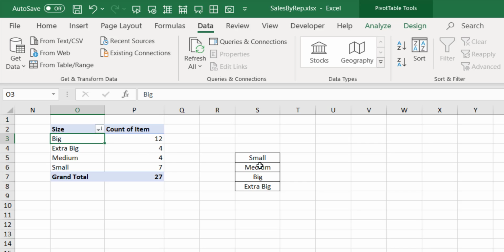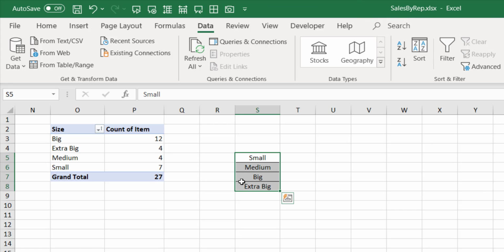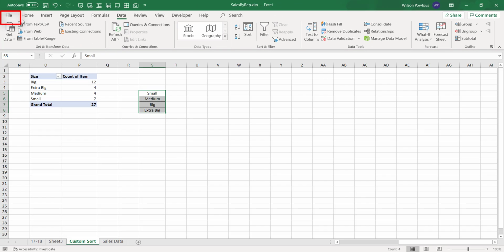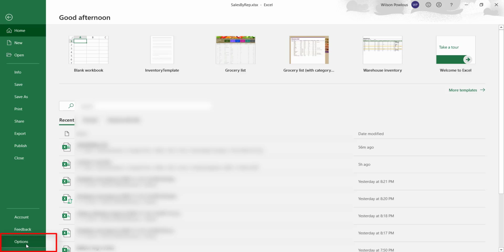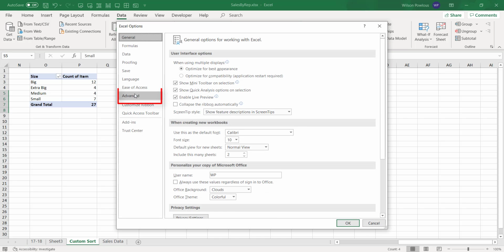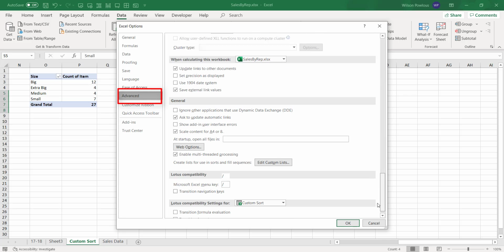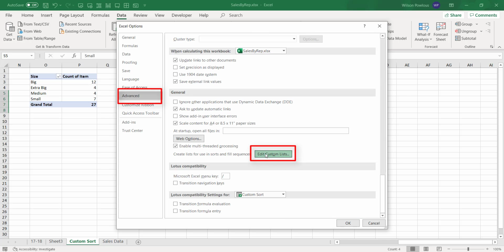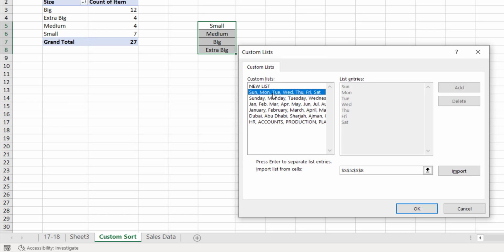Custom sort is nothing but we are giving Excel the list of items in a certain order, and we are asking Excel to sort it in this order. First, we will create a custom list. So go to File, Options, and under Advanced, go to the end of the list here and go to Edit Custom List. Here already there is an inbuilt list from Excel which is all grade. You cannot alter or delete. And if you come here, this is a custom list which I created, and there is one more custom list here, the departments, etc. for certain work I have created.